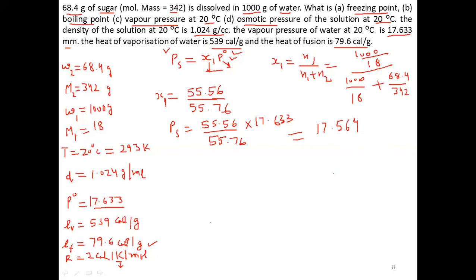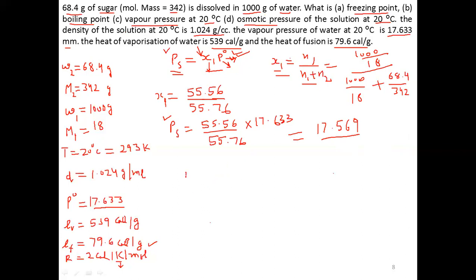So to calculate the vapor pressure, we have used Raoult's law, which states that when we add a non-volatile solute, the vapor pressure of solution is equal to the vapor pressure of only the solvent, and vapor pressure of solvent in solution is given by vapor pressure of pure solvent multiplied by its mole fraction in the solution. So we calculated the mole fraction. From that we could easily calculate the vapor pressure of solution. Last thing required is osmotic pressure.